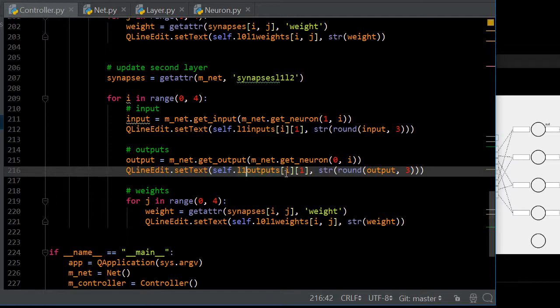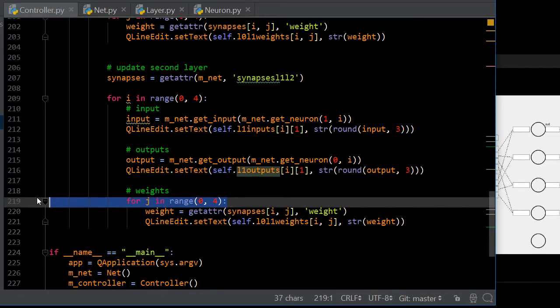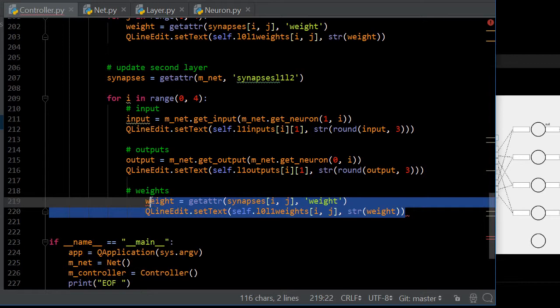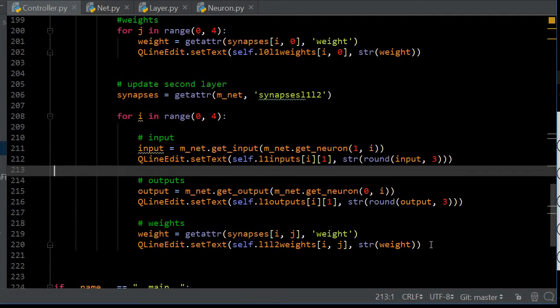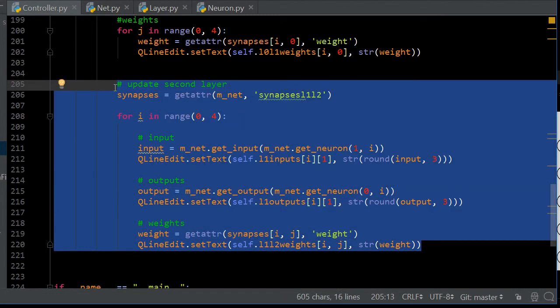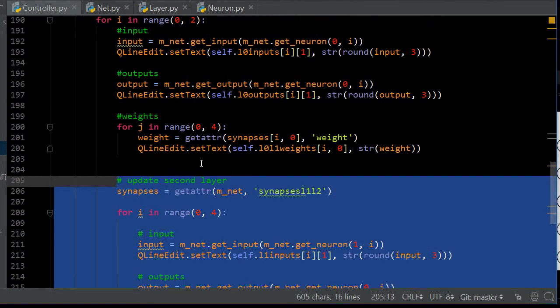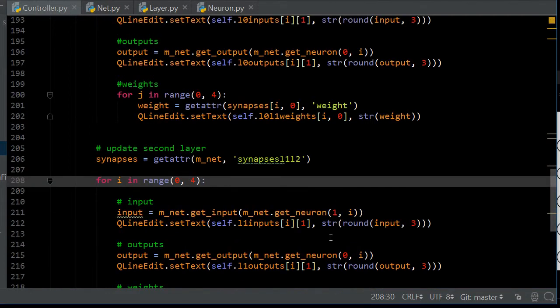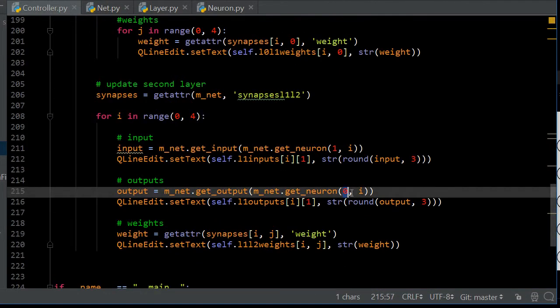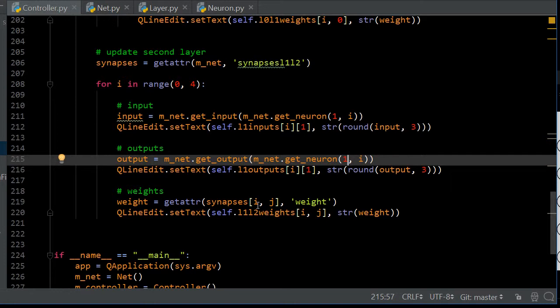It's 1. Here we don't have to use a nested loop because we only have four weights, 1 for each neuron. This is not indented correctly, so move this one back one step. We have to do this into 1 here because it's layer 1,